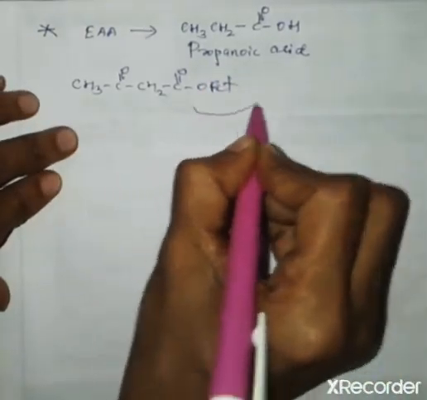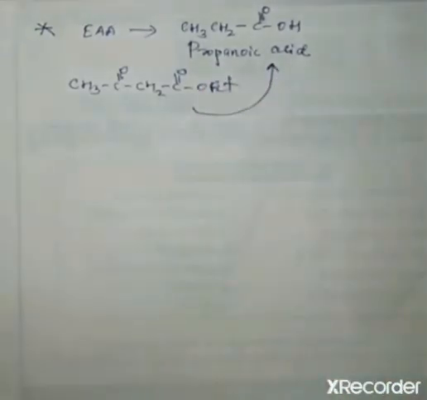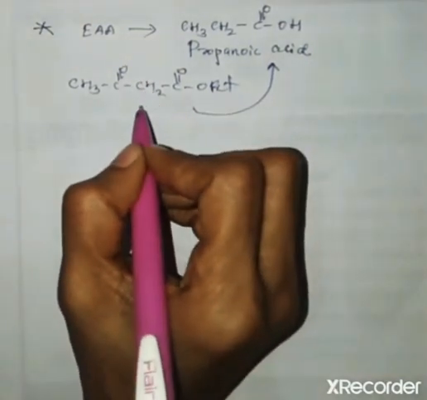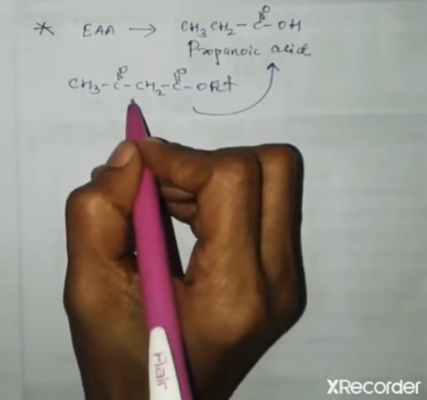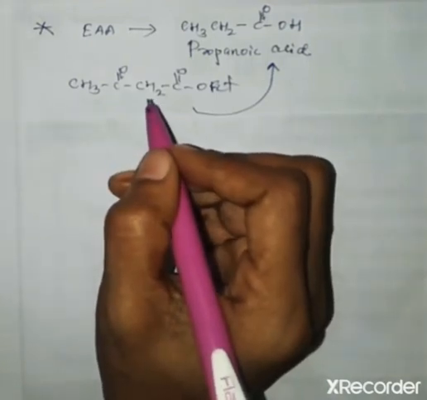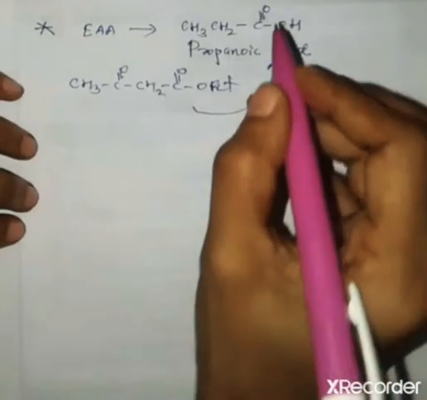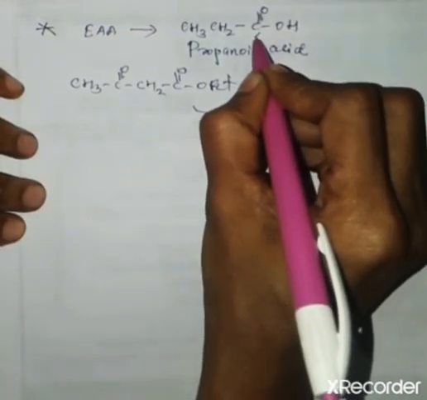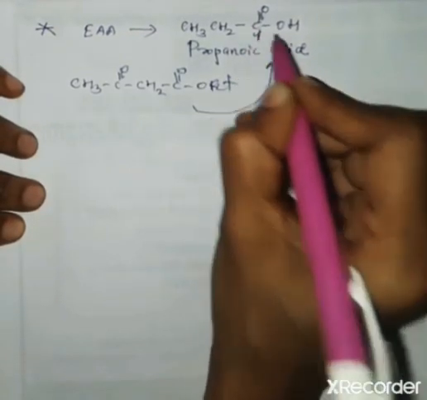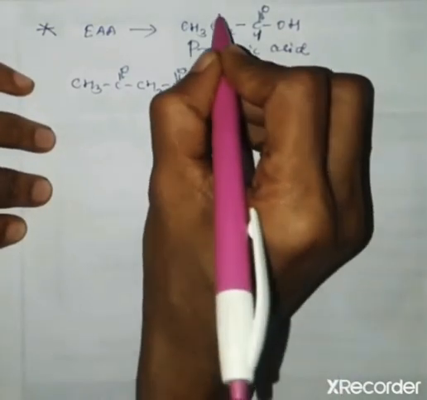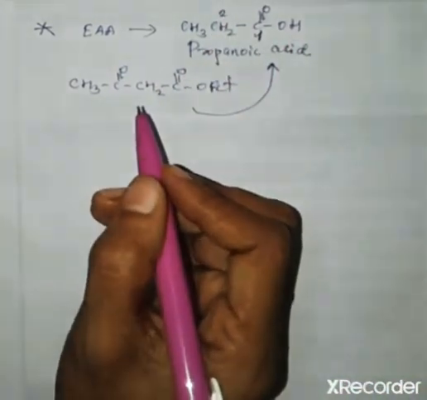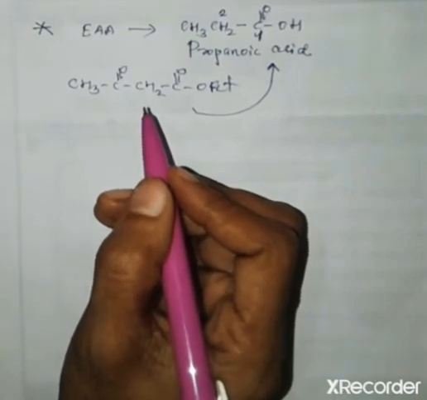And when it is converted into a propanoic acid or acetic acid or any other acid, 2 carbon atoms are coming from the starting compound ethyl acetoacetate, and all the other carbon atoms are coming from the other reagent that we can use in the reaction. Which are the 2 carbon atoms coming from the ethyl acetoacetate? The carbon atom of the carboxyl group, that is carbon 1, and the second carbon, the alpha carbon, are the 2 carbon atoms coming from the ethyl acetoacetate.